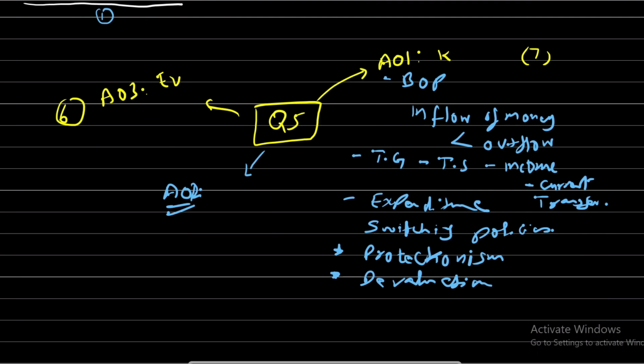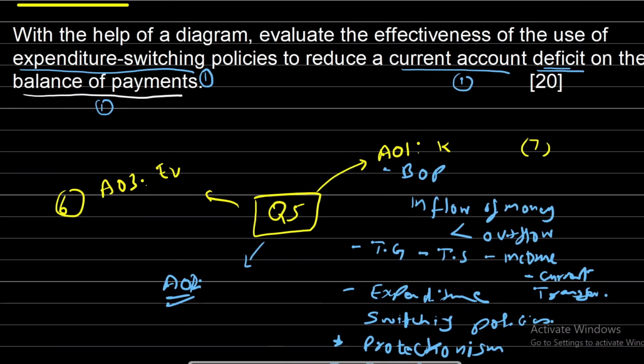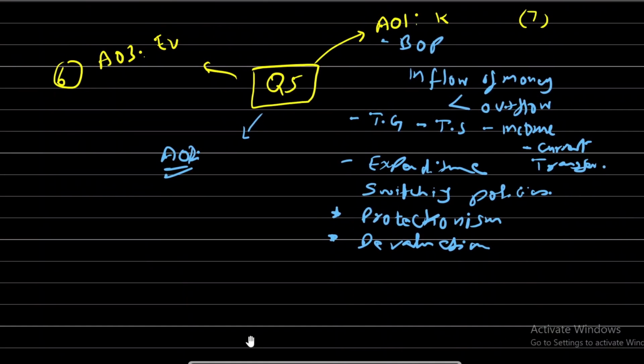And now assessment objective 2 starts here, and now you have to start connecting the given variables in the question. So what are the given variables? Expenditure switching policies, then the current account of balance of payment deficit, and how expenditure switching policies can reduce current account deficit. So first of all, you will have to explain the relationship between expenditure switching policies and current account deficit, right? So expenditure switching policies are the policies that are adopted by the government to decrease imports and make people